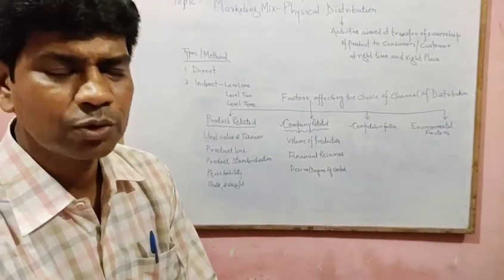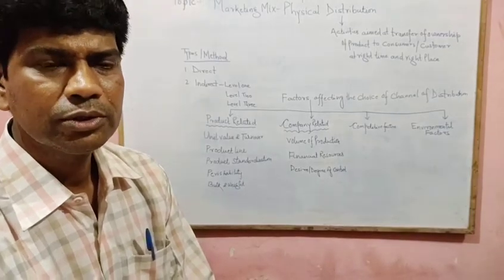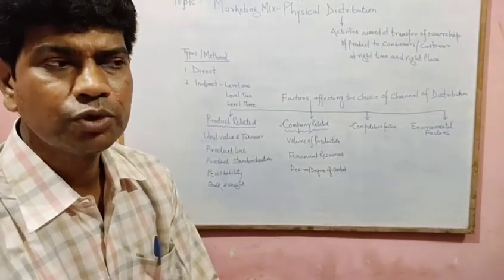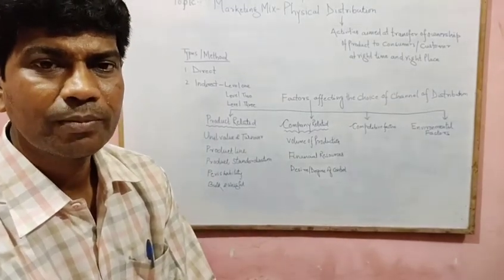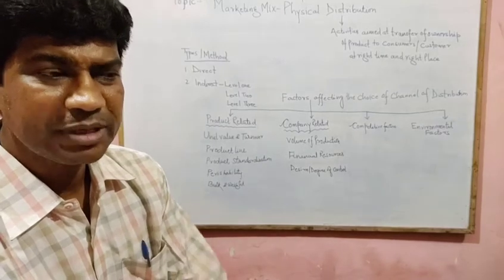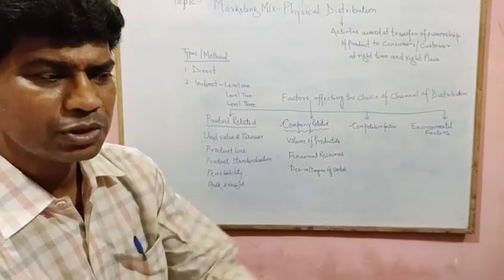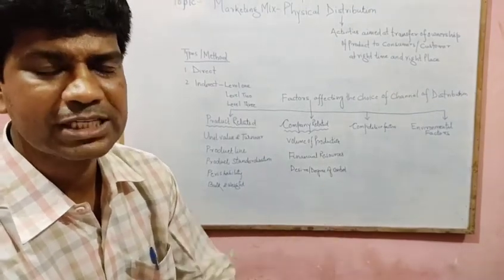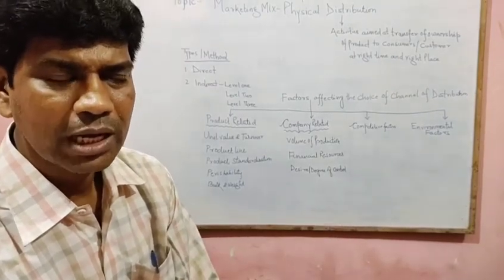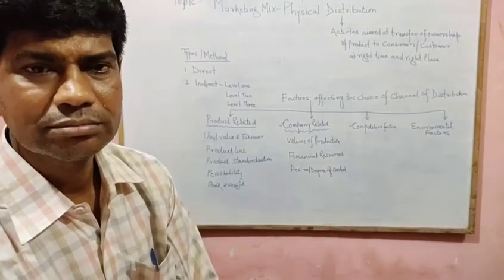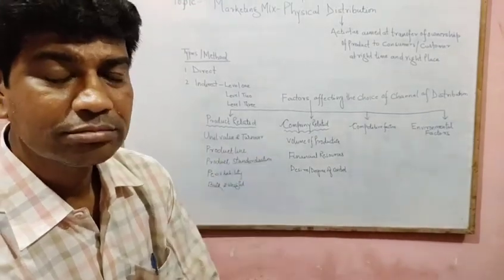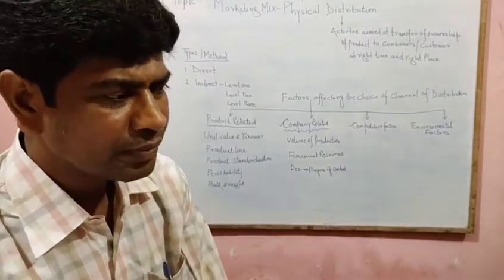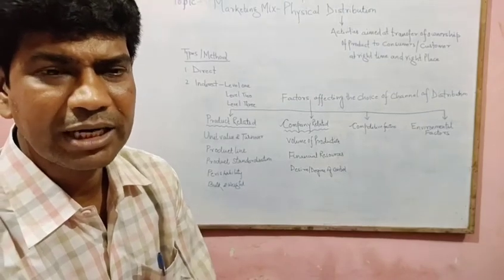This means that the goods have to move through some passage. There has to be a channel through which the goods must pass. Not only that, it must ensure that the goods are made available to the existing or prospective customers in a market at the right time and in the right quantity. That has to be assured, because if in a market demand is more than supply,